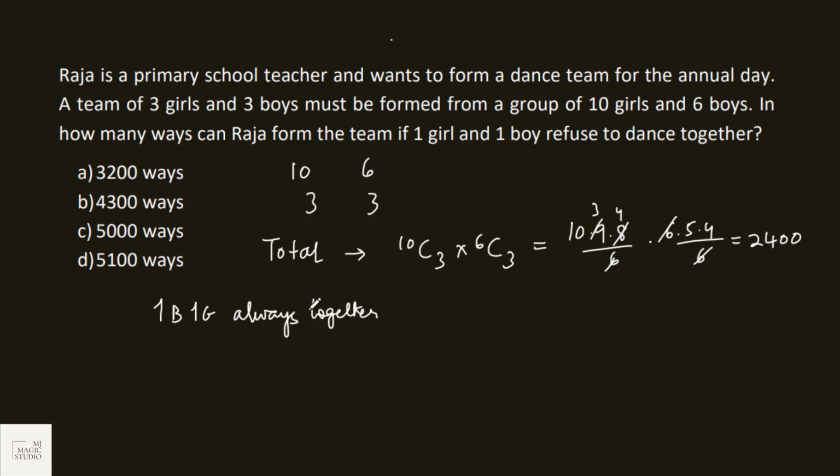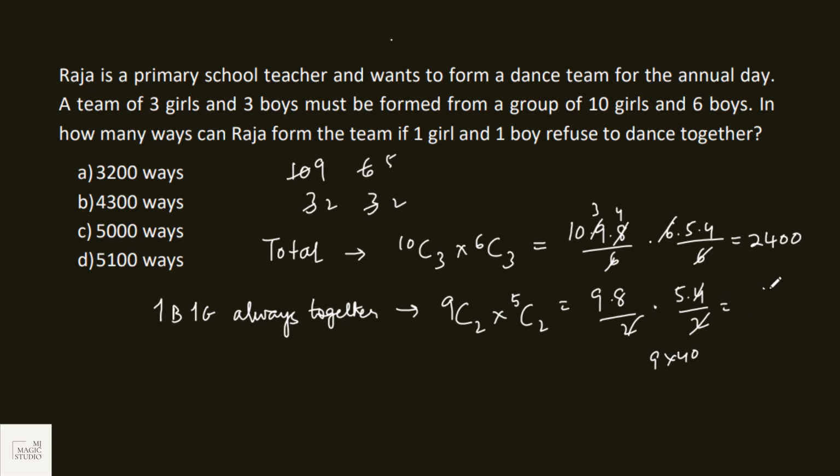Always included, so we need to select 2 out of 9, and here we need to select 2 out of 10. So 9C2 is 9 into 8 by 2, into 5 into 4 by 2. So 9 into 40, that is 360. So total number of cases would be 2400 minus 360. That would be 2040. In how many ways can Raja select a team such that one girl and one boy refuse to dance together? It would be